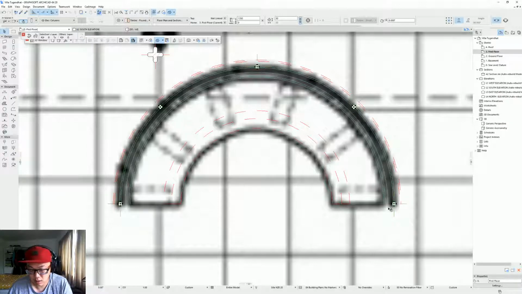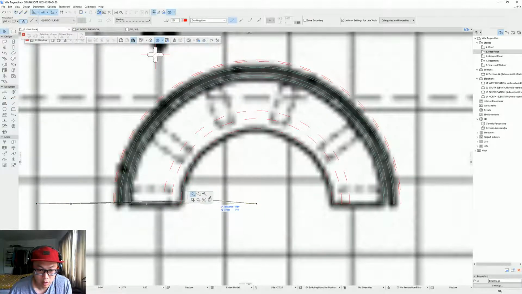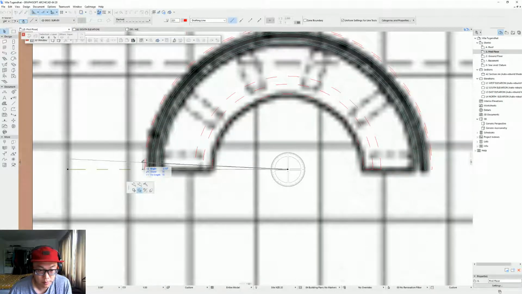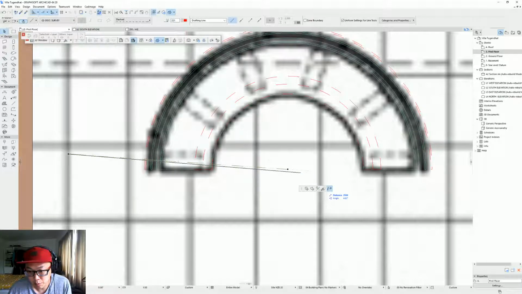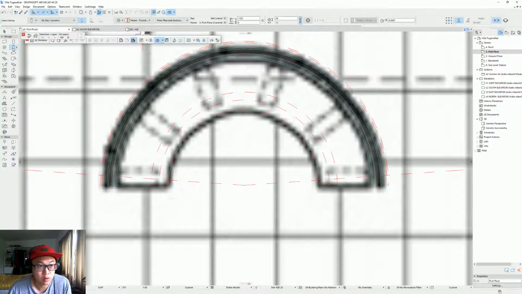And instead of starting from here, what I'll do is create a guideline, and just going to rotate that, let's say -4 degrees, and I'm going to make a mirror of it like this. So now I can just go back to here and place it,